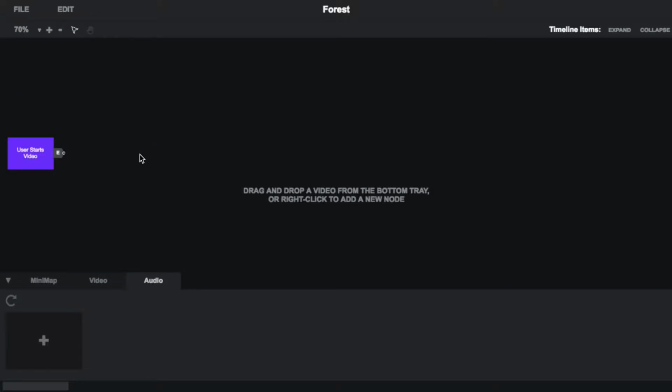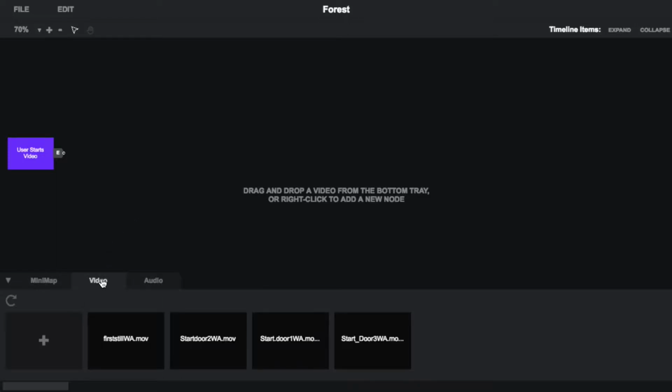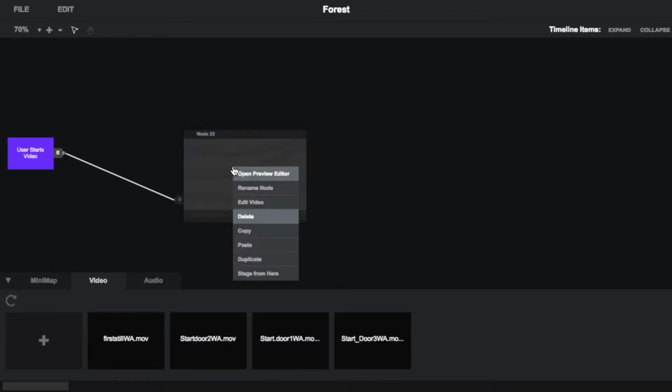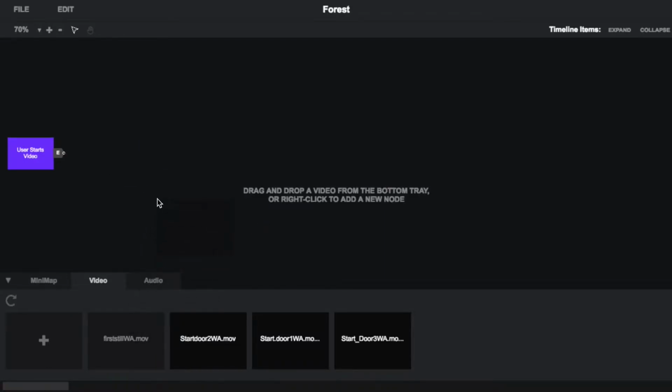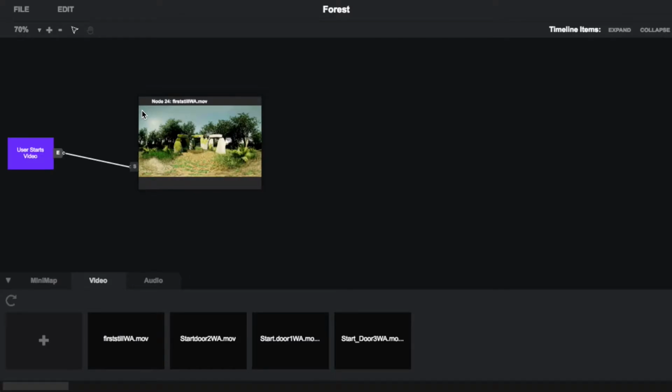The work you do on the canvas will be primarily based around nodes. A node is a containment structure for one video file along with a timeline below. You can add a node to the canvas by Control or right-clicking, or you can drag a video file directly from the tray. Each node's timeline is where you can add both exit flags and audio by Control-clicking and selecting